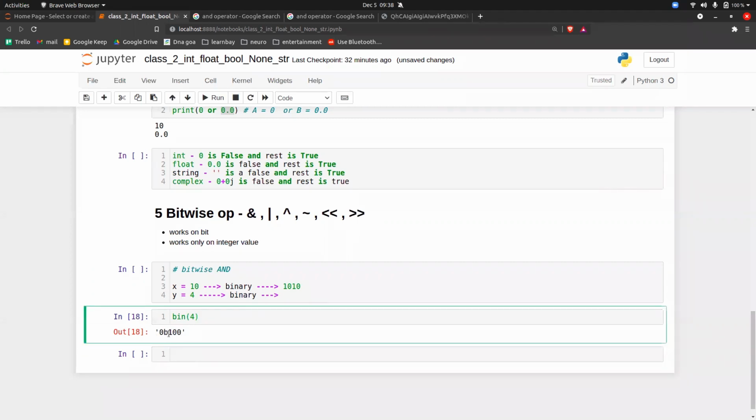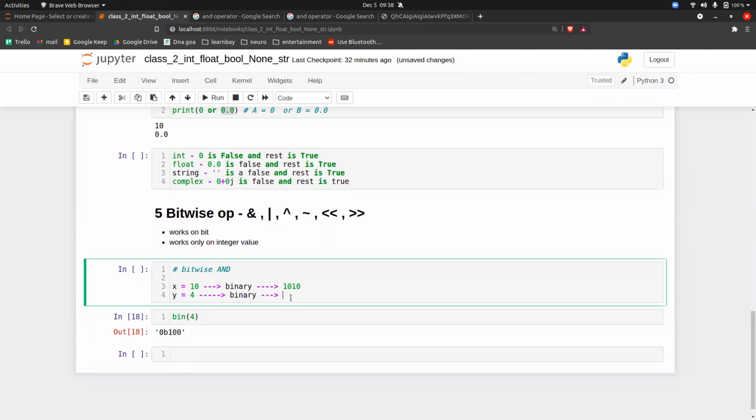But you don't have to consider 0b because this is just for the representation. The only part that you should be interested in is after that, that is 100. Okay. So this is the first step: any integer number you take has to be converted to its binary form. So this is step 1.